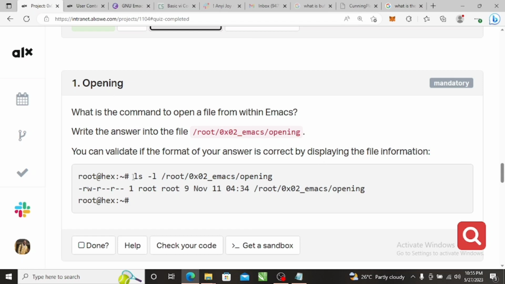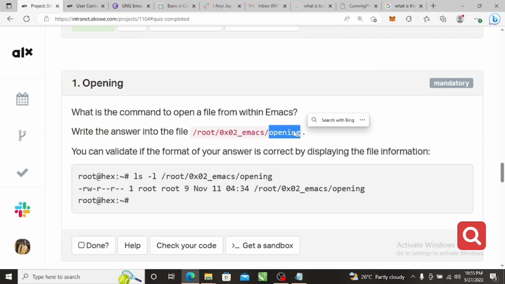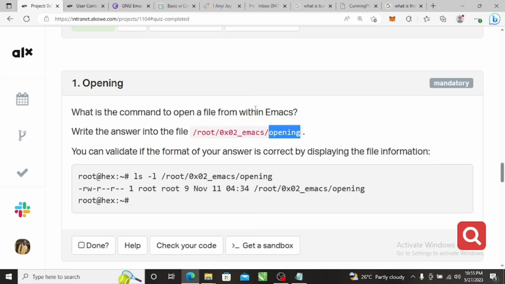So by the end of it, you do ls to list the file here. So we are going to create a file called opening. I'm supposed to use Emacs to do it, but because I'm used to vi, I will be using vi for now. Okay, so